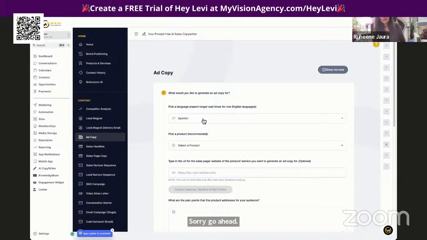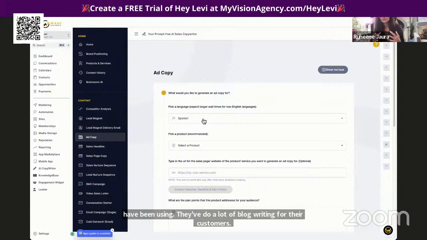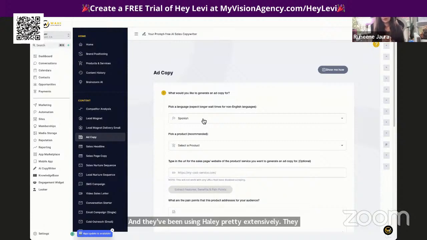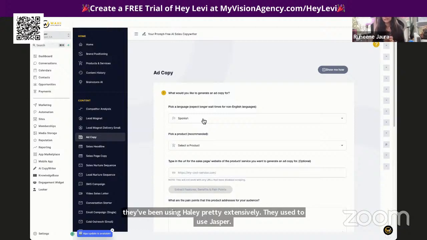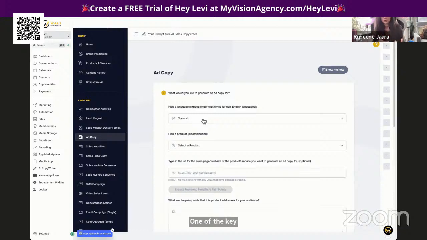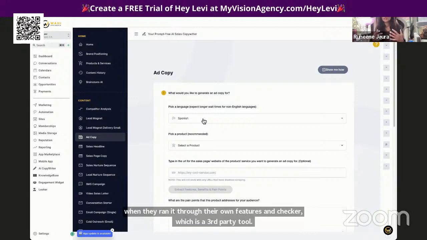Oh, I was just going to say that I think what you're referring to is like a plagiarism checker. And that we don't have built into the app just yet. It is an idea that has been floated to us by a few customers, so we are looking into it. That being said, we had a customer a couple of weeks ago tell me that they do a lot of blog writing for their customers, and they've been using Hey Levi pretty extensively. They used to use Jasper. One of the key reasons they moved over to Hey Levi is because when they ran it through their own plagiarism checker, which is a third-party tool, they found that the content that was coming back from Jasper was consistently